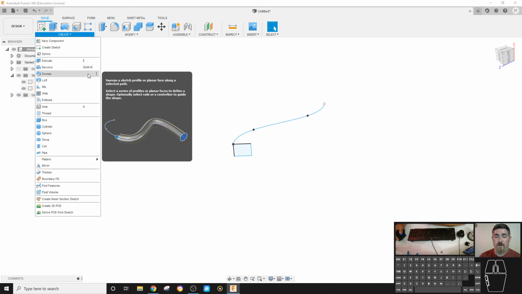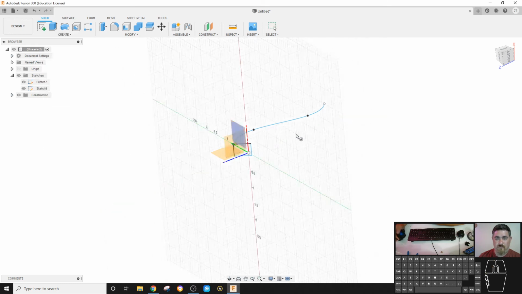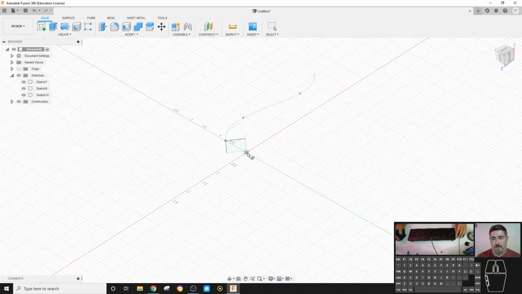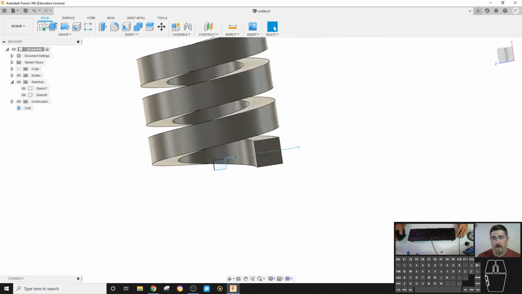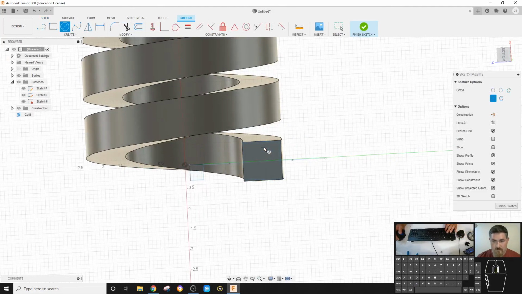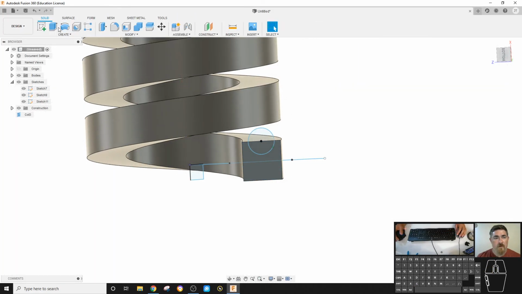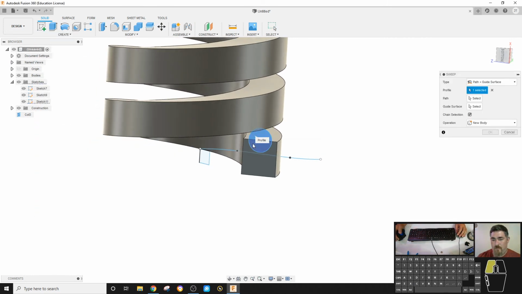This will be good for projects if you're doing the playground project for slides and things like that, using it in conjunction with the coil. As with all the commands, when we create the sweep, when I create that sweep,